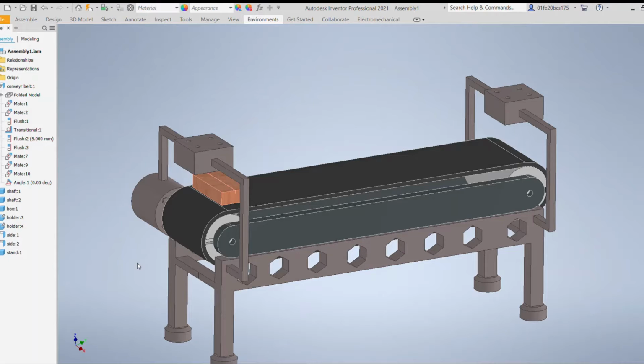3D model of the selected concept. It consists of a conveyor belt, box to be transferred, sensor housing unit, motor holding unit and frame which supports the entire structure. Let us see it through different angles.